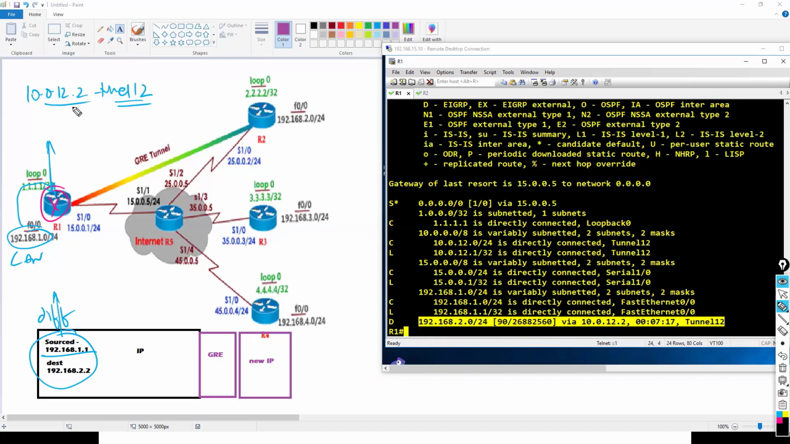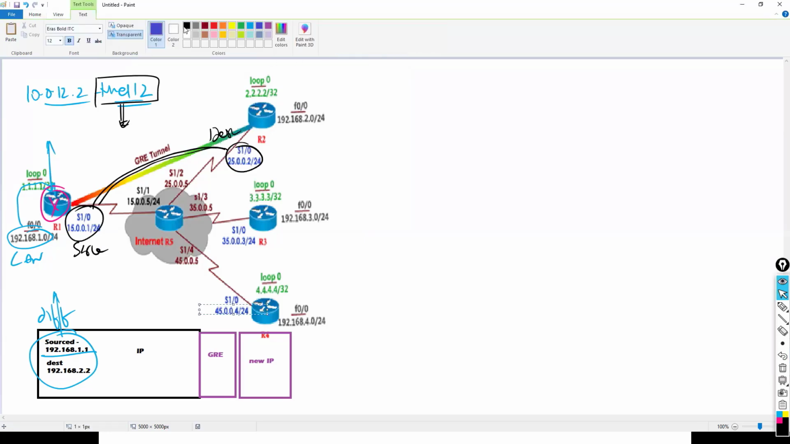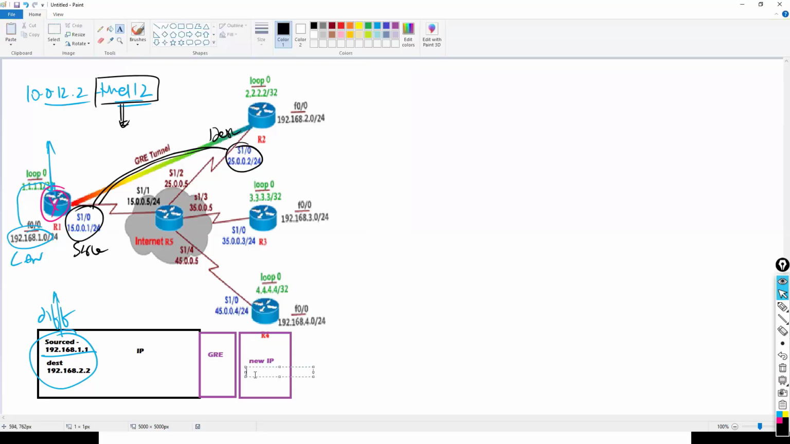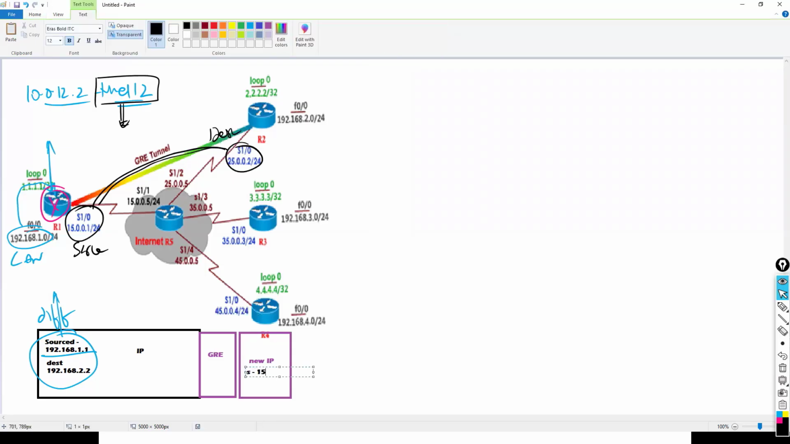But now the question is, this tunnel 1.2 interface is not your physical interface. So which means automatically any traffic which is tunneled, which is going through a tunnel, is going to go based on this source address and this destination address, because that is your tunnel source and the tunnel destination that you have configured. So it's going to add the GRE header, and the source address is going to be 15.0.0.1 and the destination address is going to be 25.0.0.2,